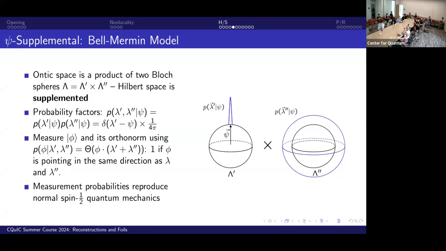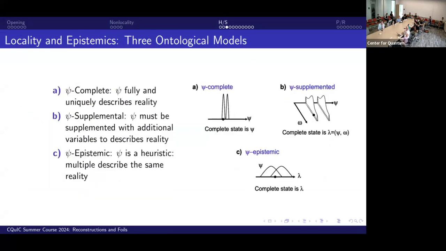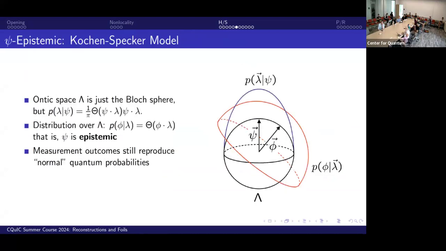What's important here is that they're examples of these three theories. Okay, and now the third example is the so-called supplemental theory. Again, here the object space is just the Bloch sphere. But now it has this non-sharp probability distribution, with the probability of having some object state given the psi given by this function here. We have this size function which is saying, okay, if lambda is pointing in the same direction as b, that'll be 1; if it's pointing in the opposite direction, that'll be 0. And it's augmented by this angle here, which is given by this double bracket, and then normalized by this 111, right?